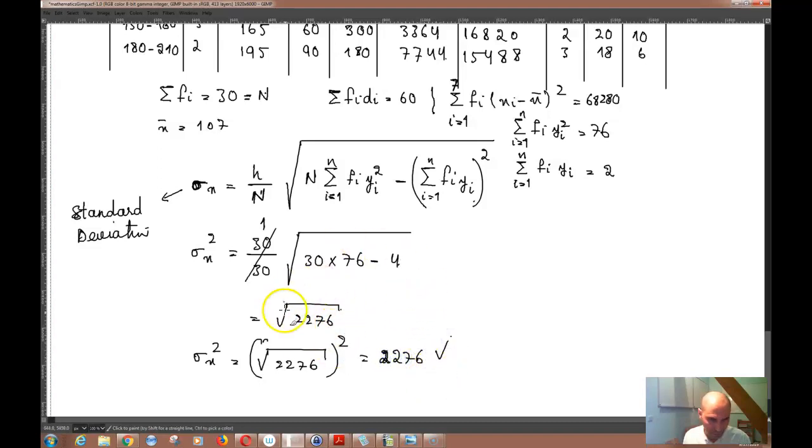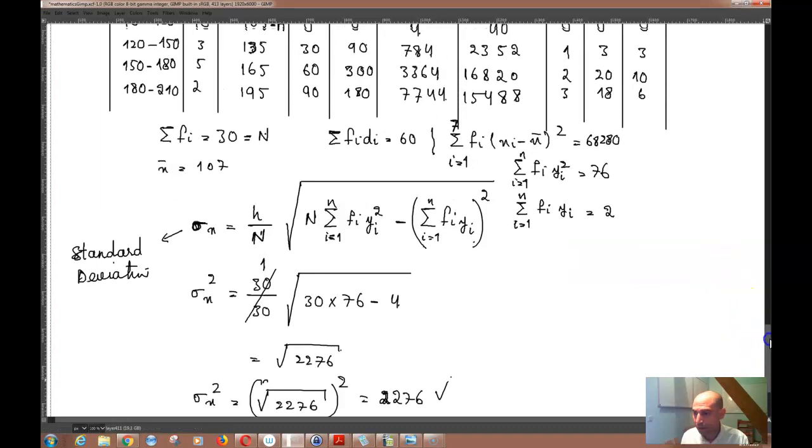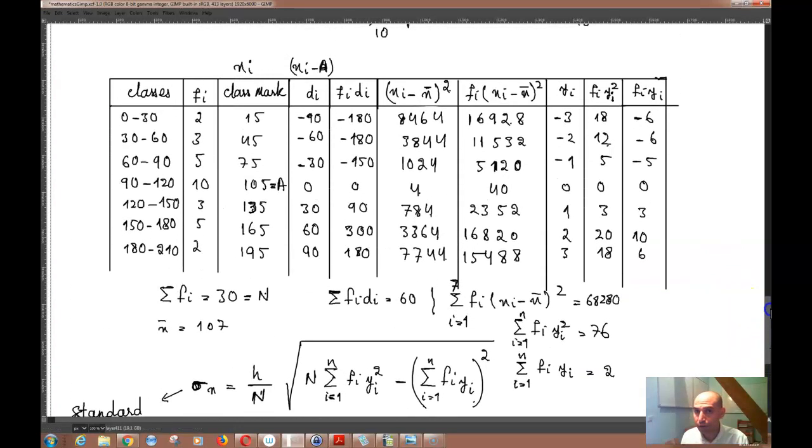So the formula actually does work for you, and it's actually easier than all of the formulas that we had